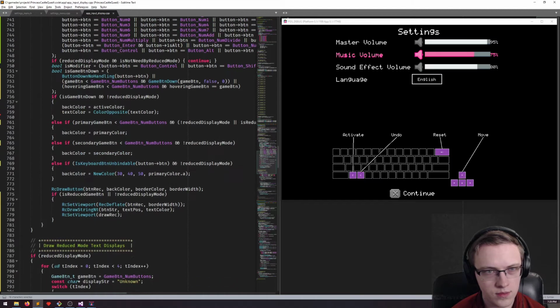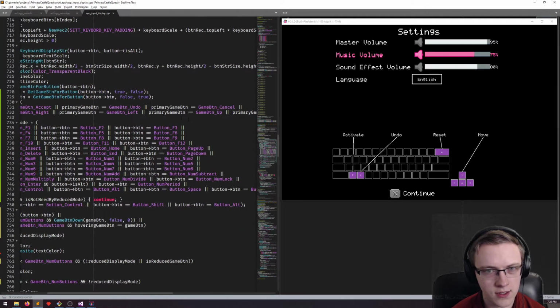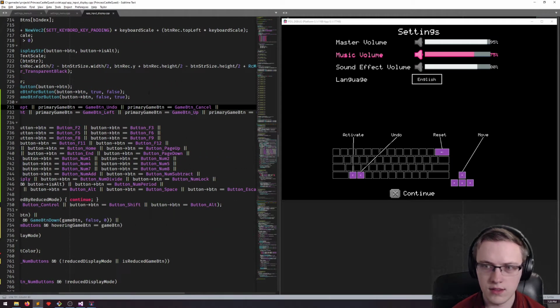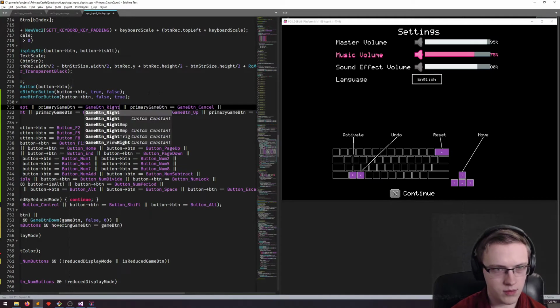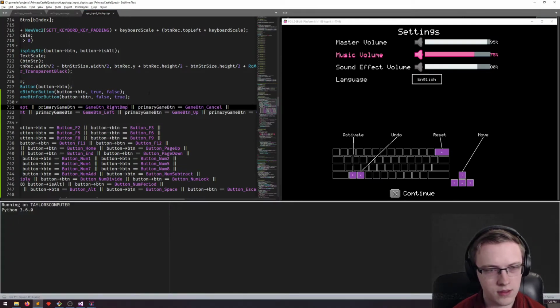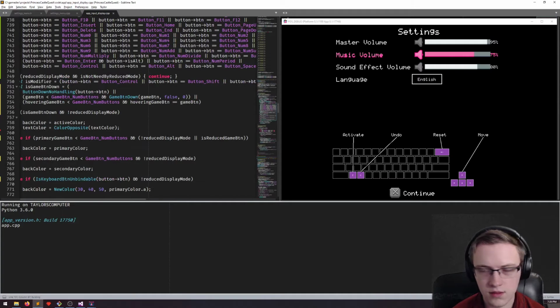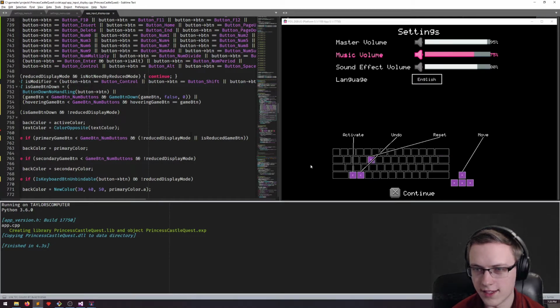And so now we want to actually make sure that that shows up correctly. So the undo button isn't really used. We want the right bumper. Yeah, and now these guys are kind of somewhat backwards, right? But they are showing correctly now. So activate, undo, reset, move. I kind of have a lot of stuff on the left-hand side of the keyboard, but